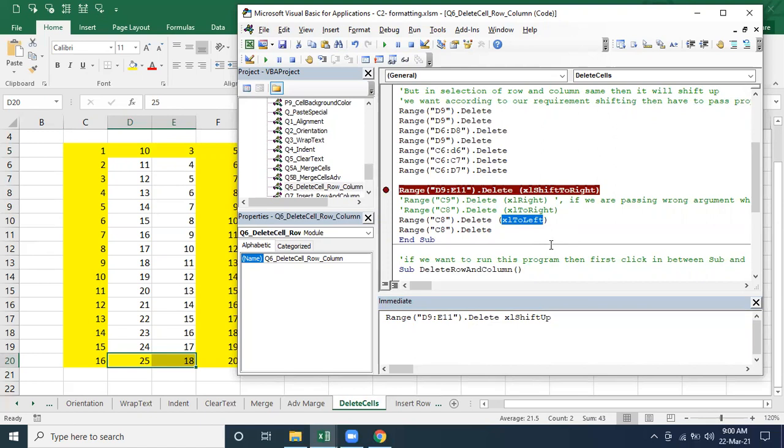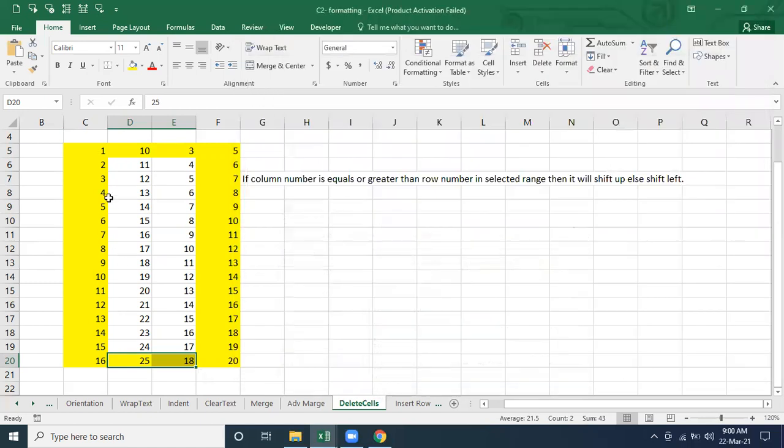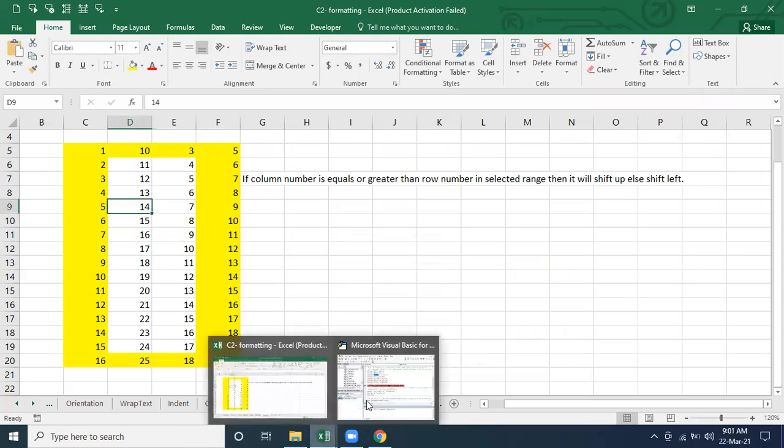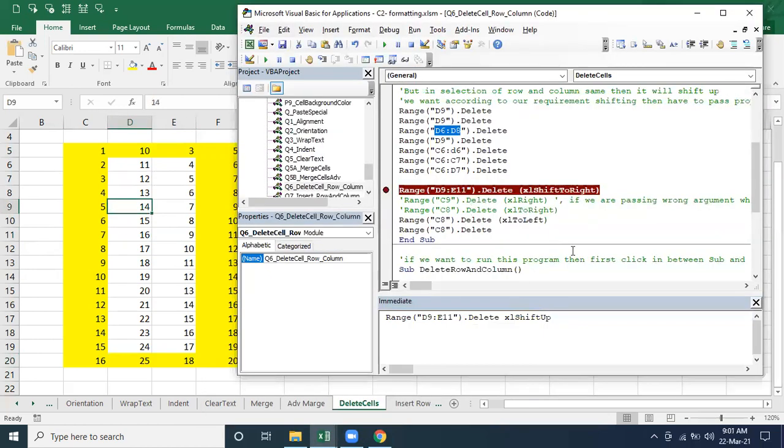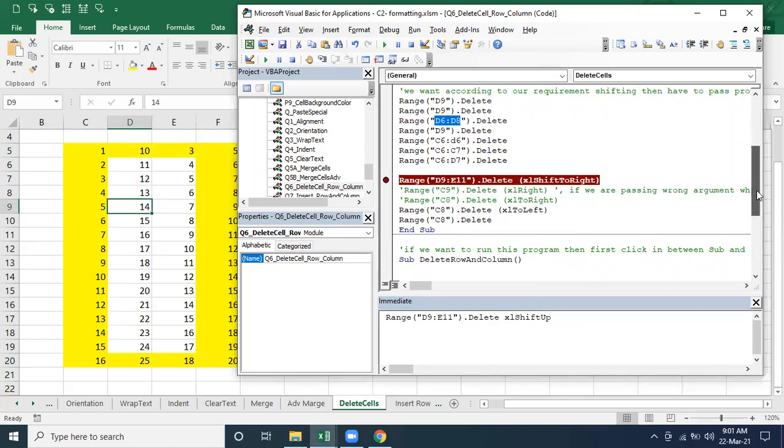So this is the one to delete one cell or delete a range. Let's say you are talking about the entire row or entire column, then how can we do it? With the range, we can define the range, right? But already we have defined the range here. How can we do delete?